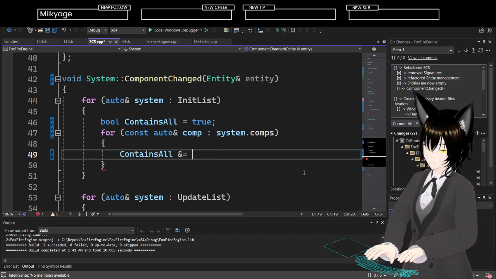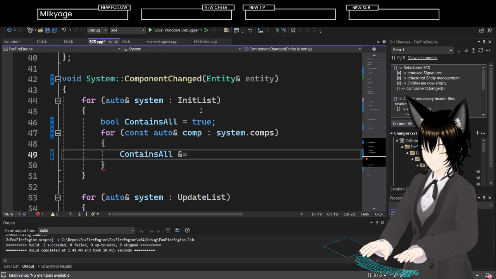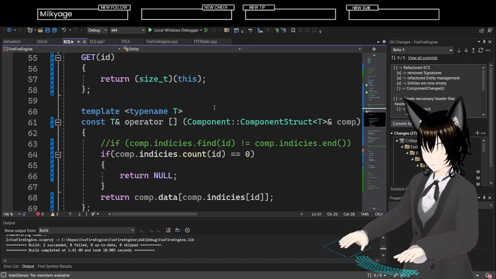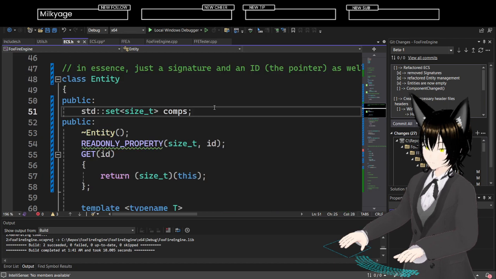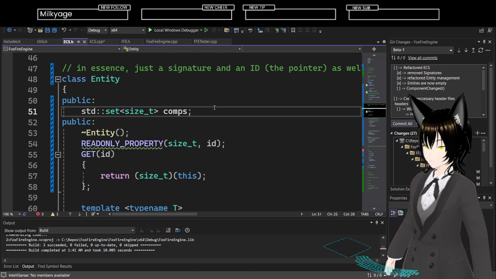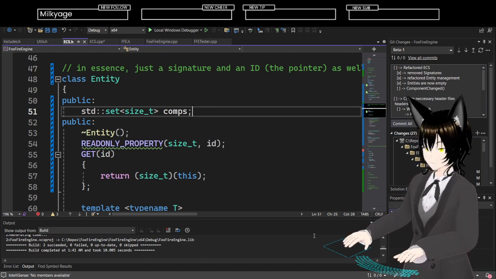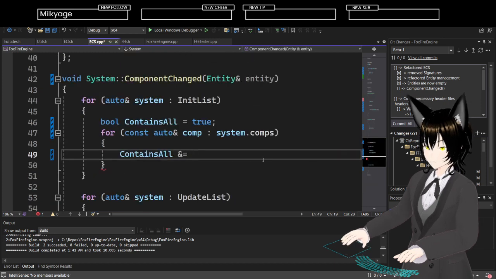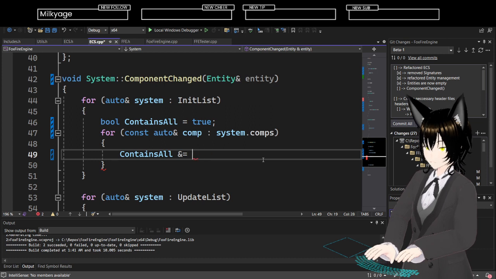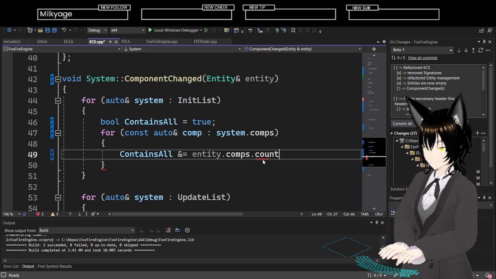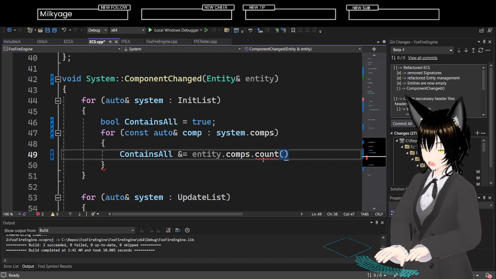And equals, if the comps.count, entity comps count, and equals e.entity.comps.count.